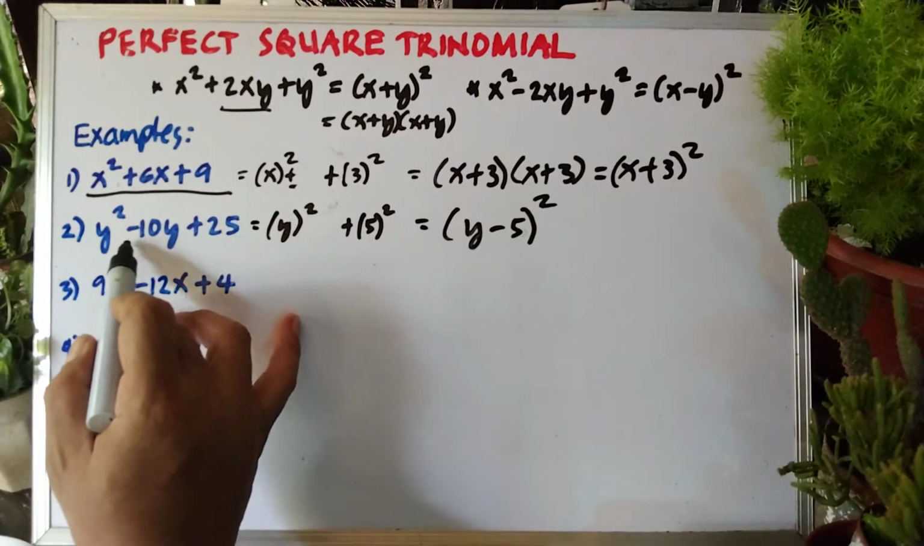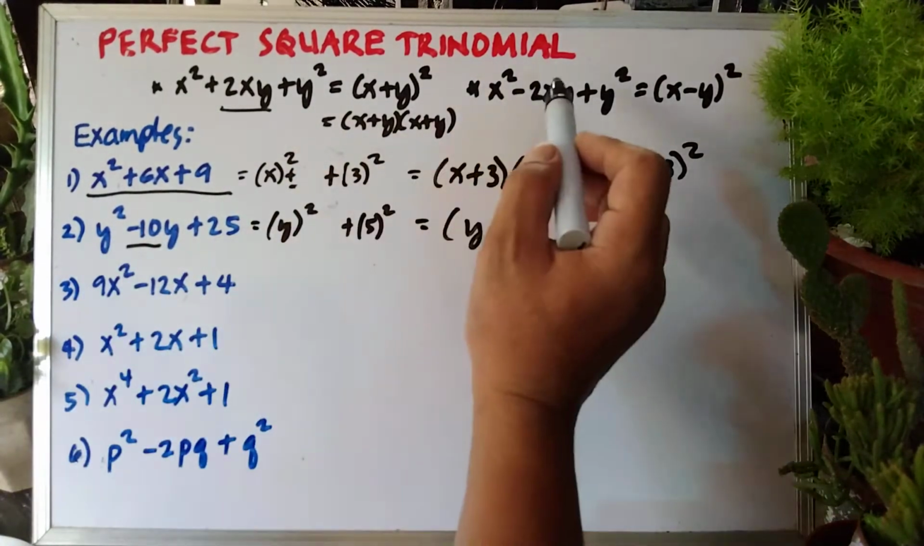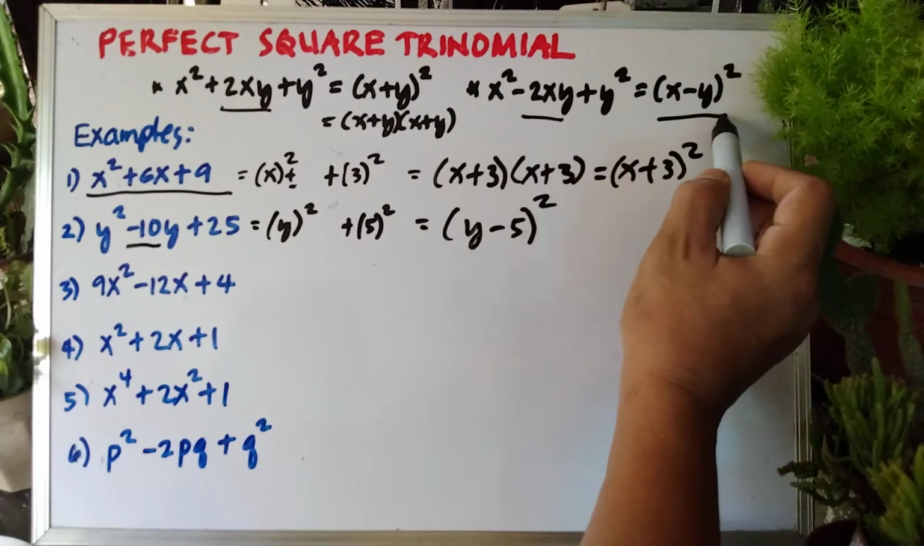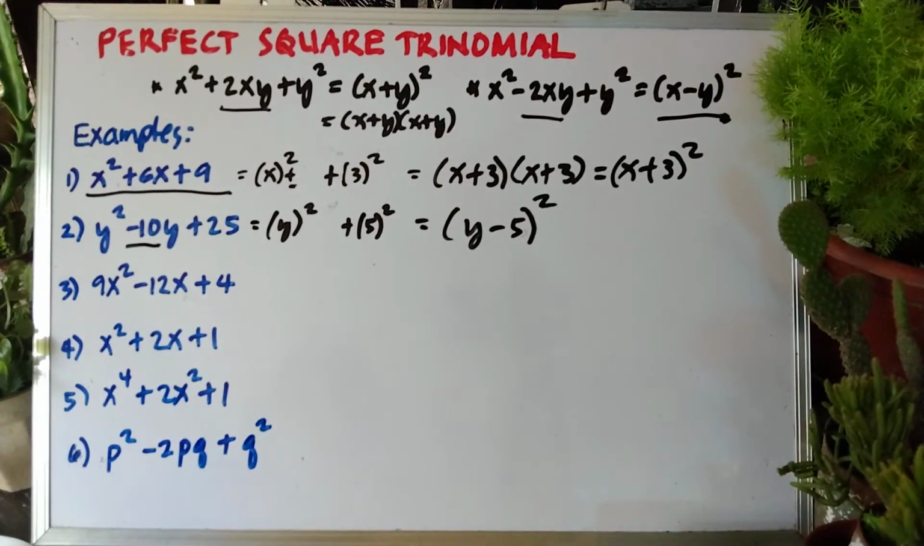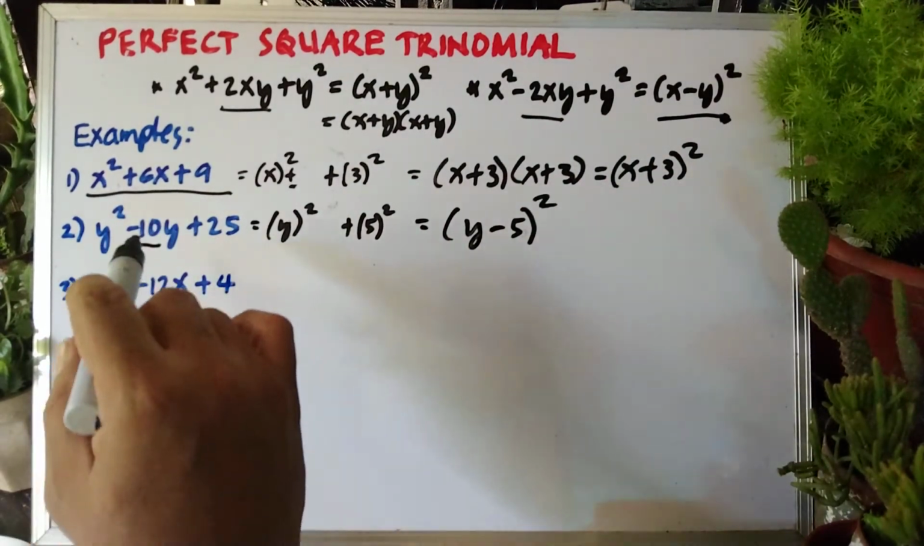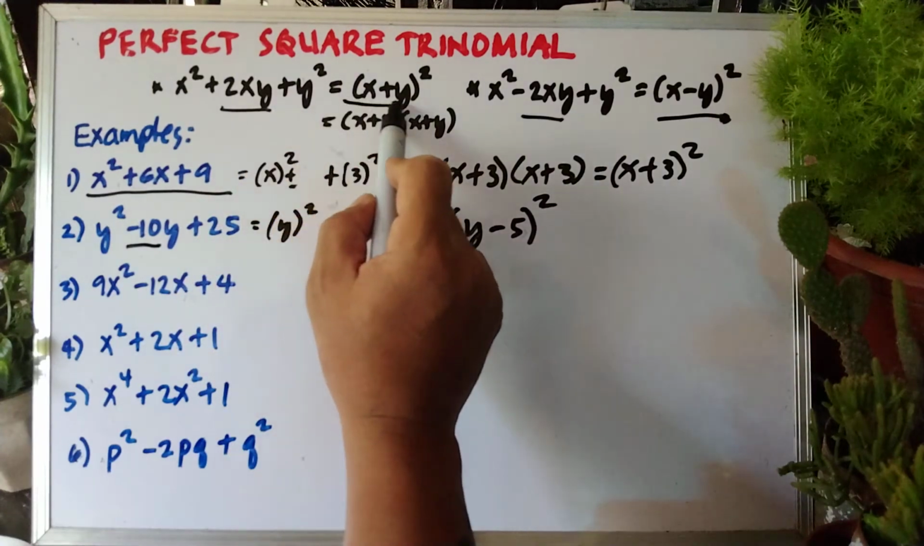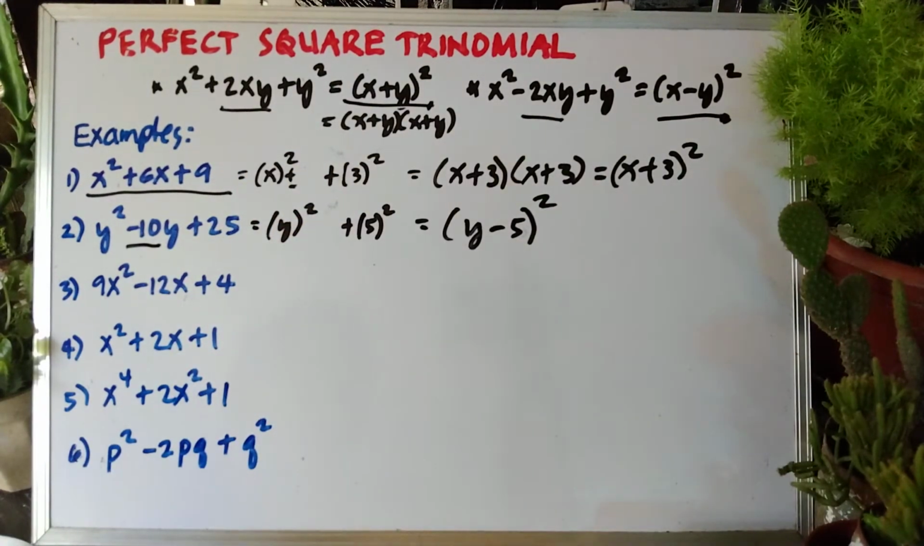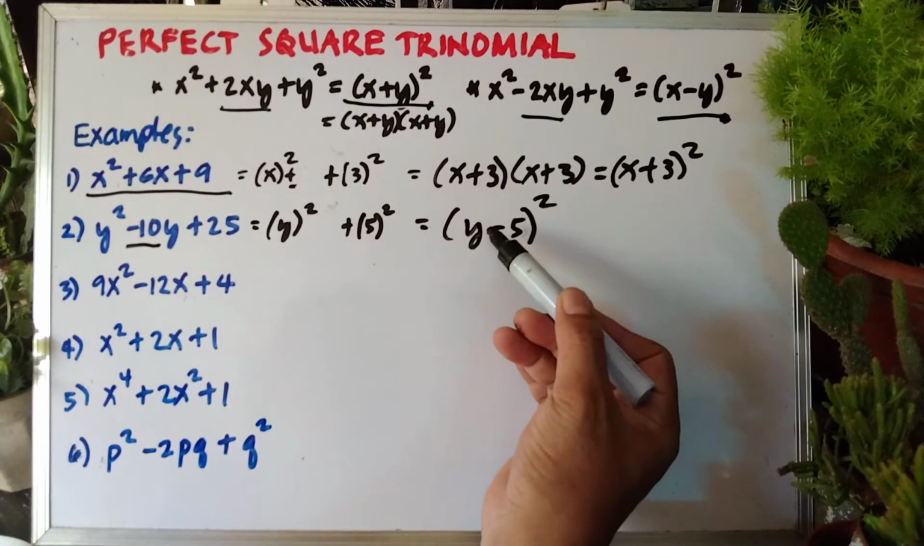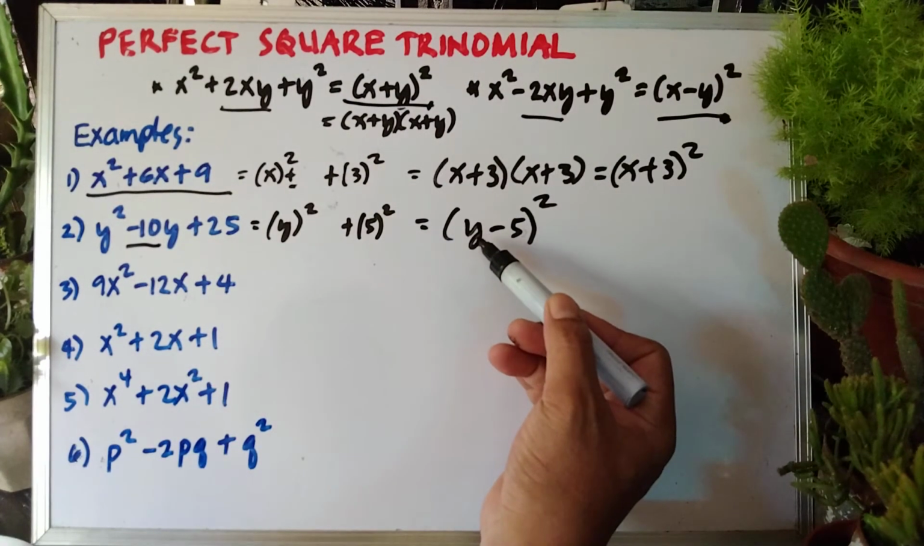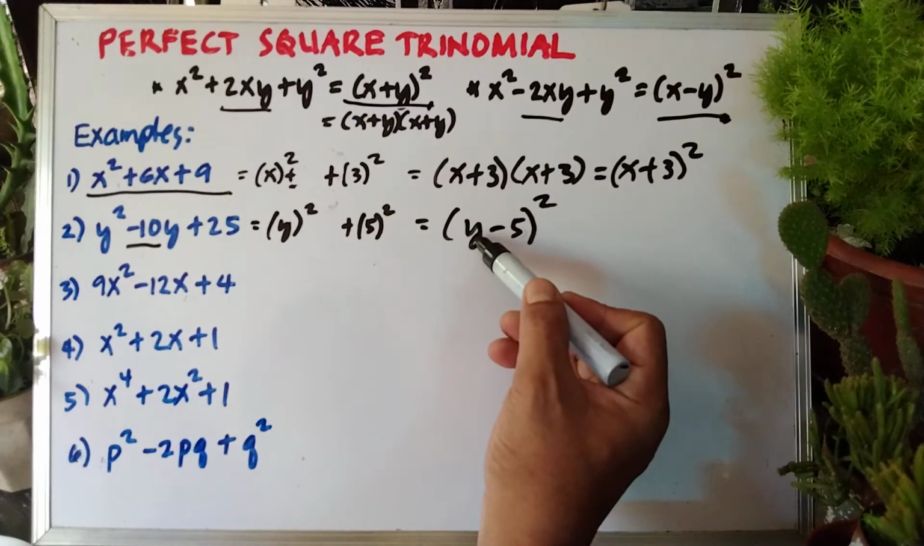Kasi minus ito dito sa second term eh. Kapag minus sa second term, ito yung gamitin ninyo. Okay? Kapag plus or positive lahat, ito yung gamitin ninyo. Okay. Take note ha. As you observe our answer in the factored form, this y is the square root of